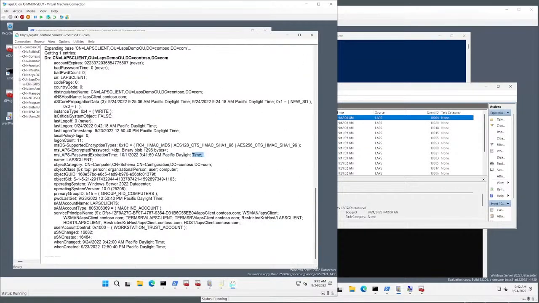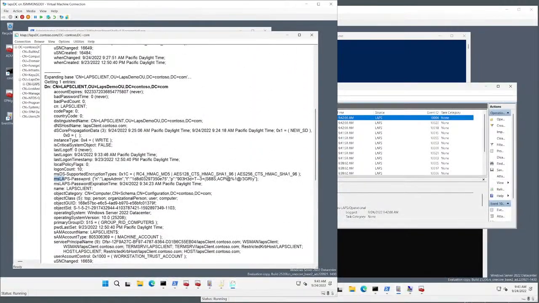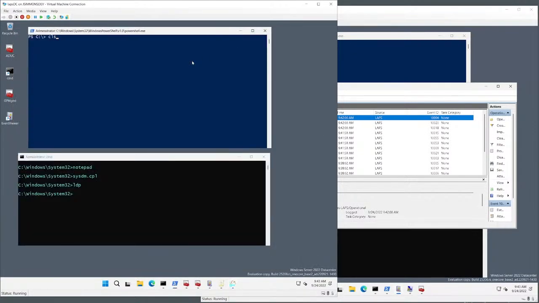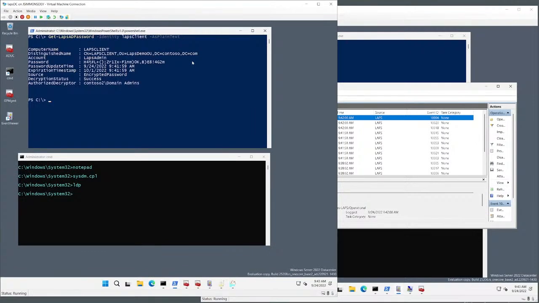And now we have a binary blob in a different attribute, msLAPS-EncryptedPassword, and the password expiration time has been updated. So the managed device recognized that the policy configuration had changed. It encrypted the new password, stored it in this attribute, updated the password expiration time because it was updating the password, and finally it deleted the previously set clear text attribute as well. Okay, so let's retrieve that